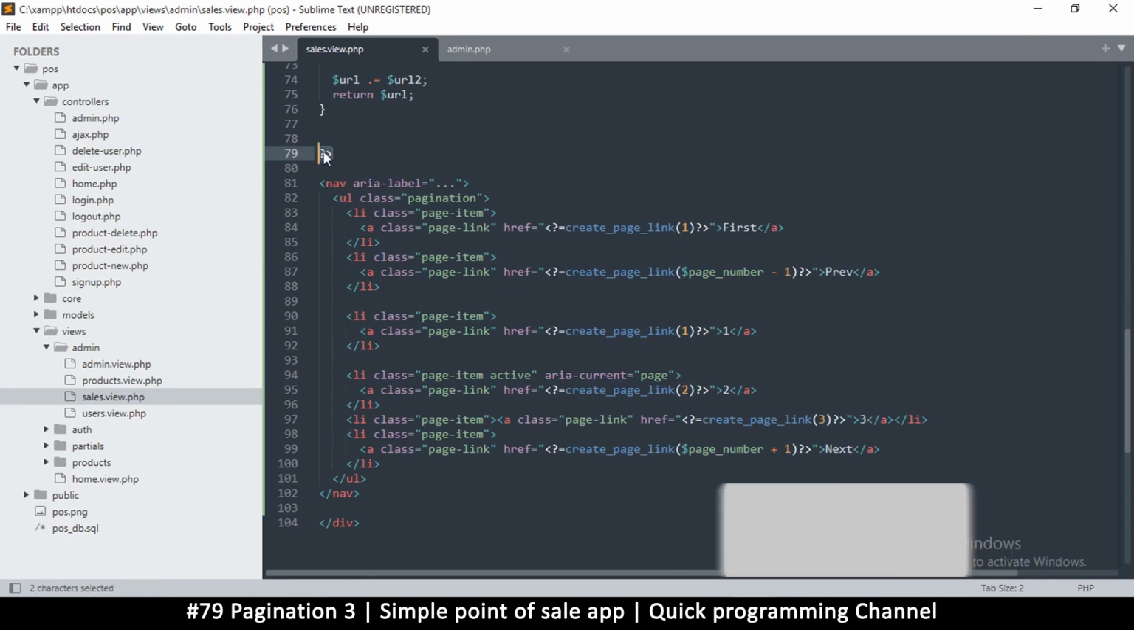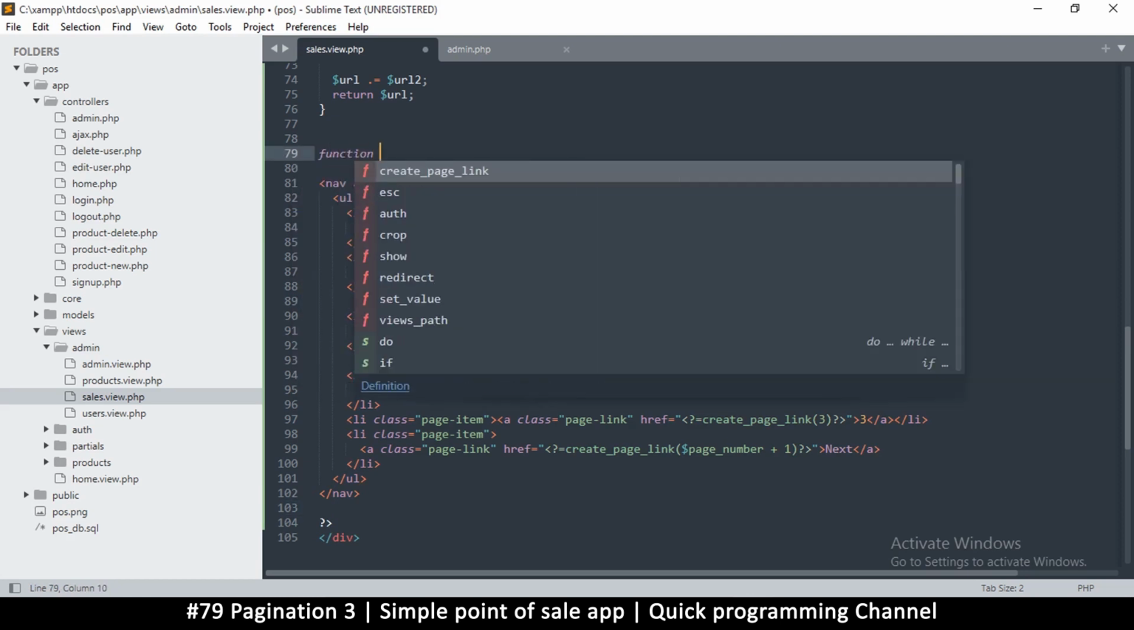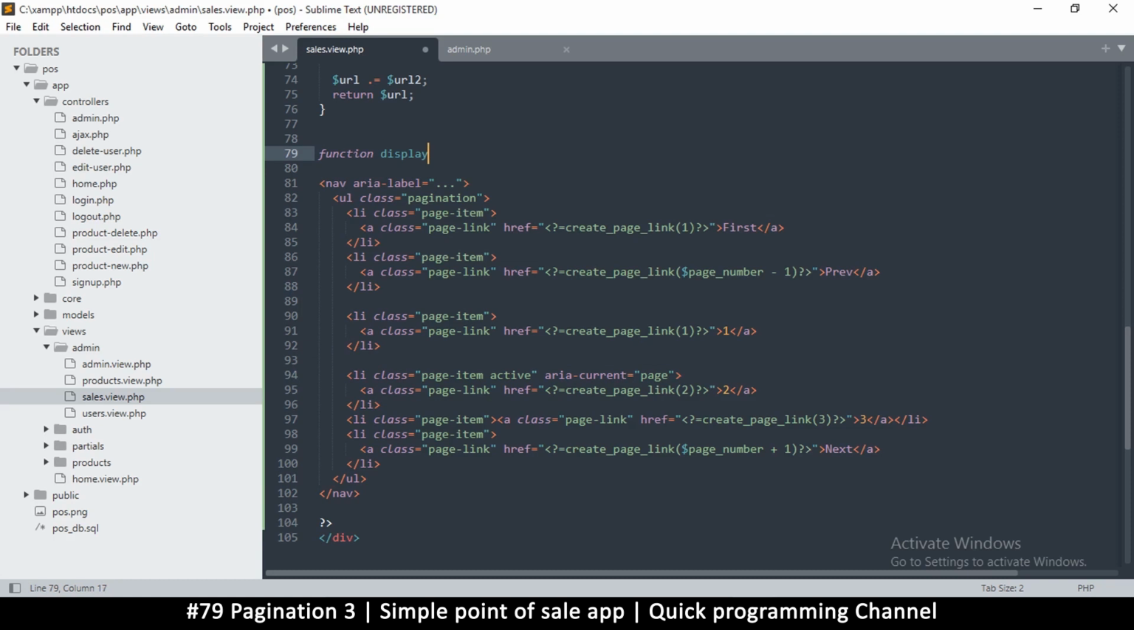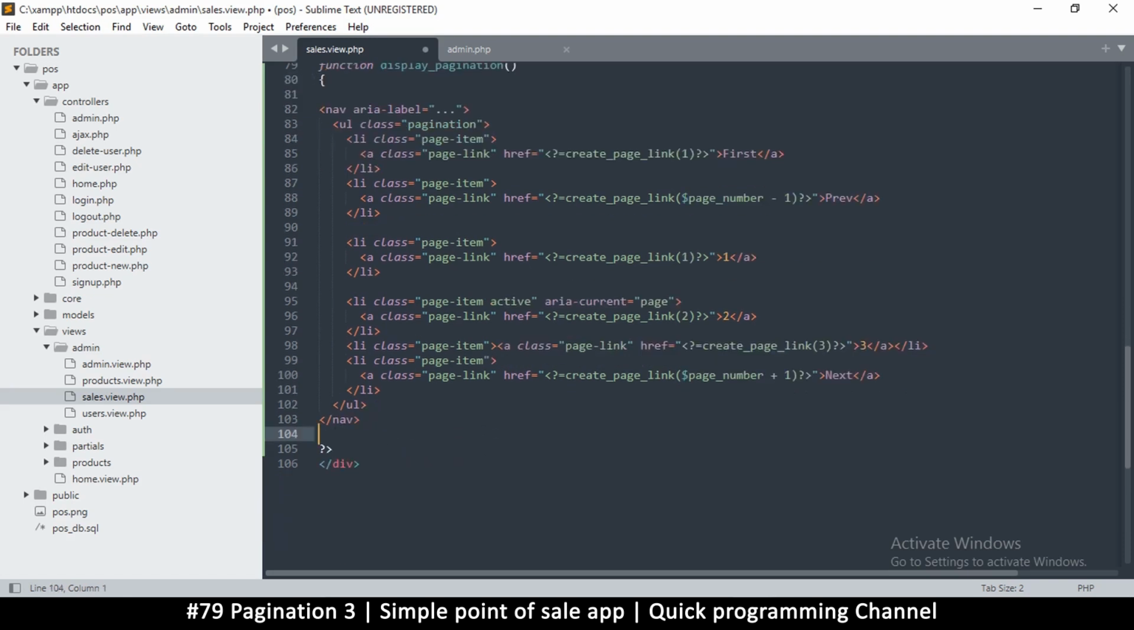So this one, if I move this to the bottom like this, the PHP tag, then this becomes exposed. So let's create a function here. So let's say display pagination. All right, so I'm going to do this like that and close that here. Now, of course, this is